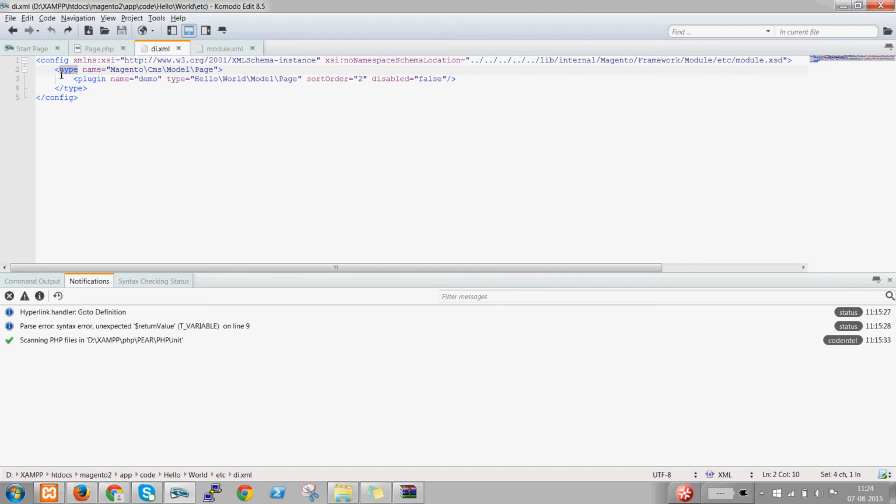And the CMS model page has a function, getTitle, which returns the title of the page, and we are going to change that by adding some custom code in that function. So we need to inherit this, and in Magento 1 it will be somewhat different,